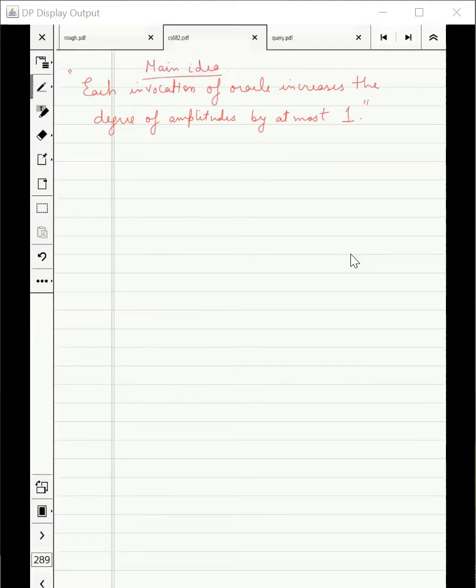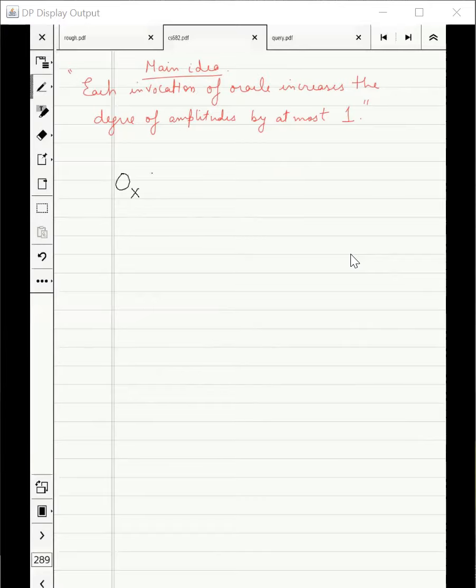This is equivalent to the main idea modulo the fact that any unitary does not increase the degree. Since a unitary can't increase the degree, the only thing which can increase the degree is the oracle. If we show that the oracle increases the degree by just 1, then T queries of the oracle can increase the degree by at most T, and we will prove the main idea. Good. Let's prove this. This is also not very difficult.